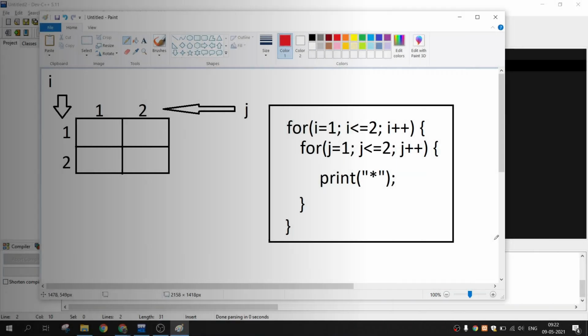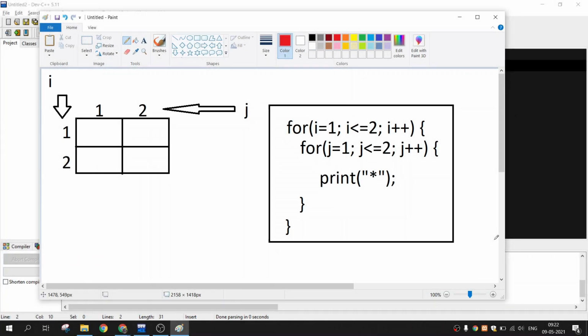So guys, here I have written the code snippet. Let's look at this. First of all we set the for loop and the value of i is 1. Here we set the value of i, where i represents the row, so the value of i is 1. Then the condition will be checked by the for loop.